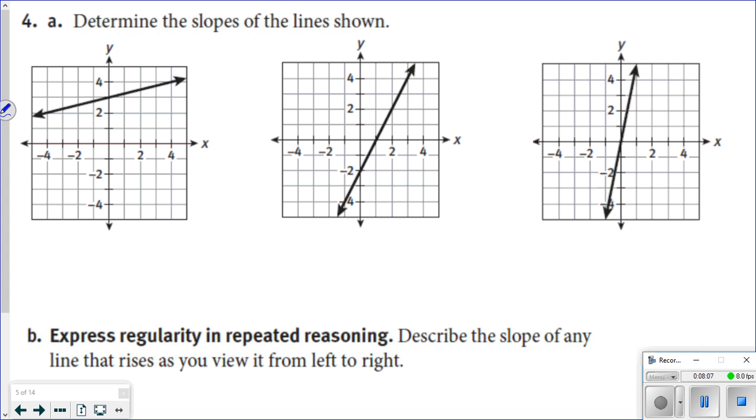Remember, when we are picking 2 points, we're looking for a good intersection point between an X and a Y axes, or intersection point, or tick mark. I see a good point right here, okay? And I see another good point right here or right there. So you can draw on your stair step if you want,